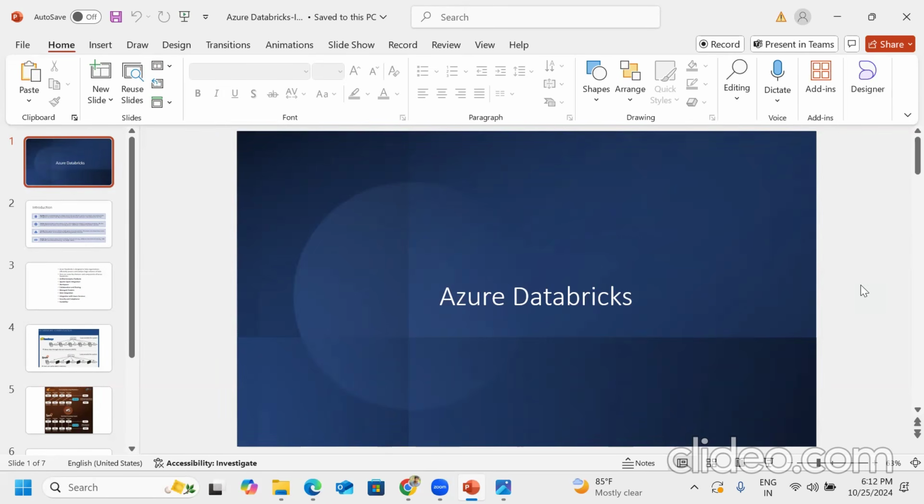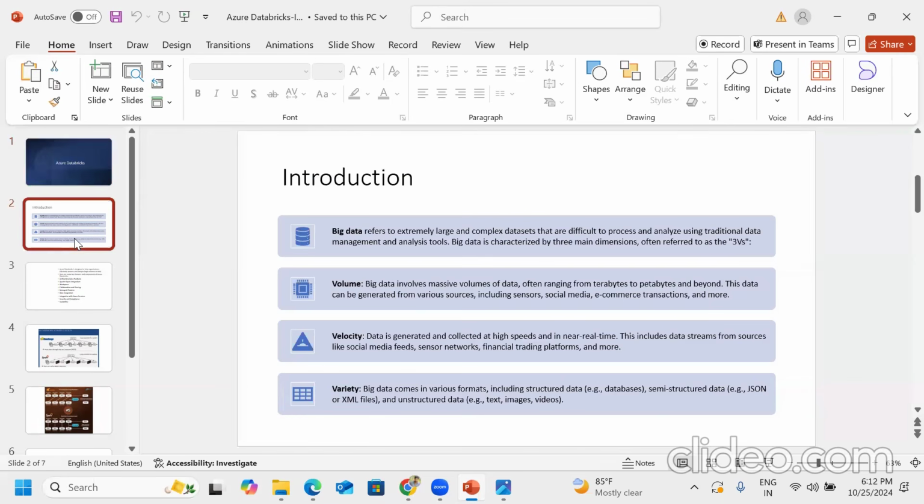Real-time streaming data also supports the data. But we don't have any options to take care of this real-time streaming data in Hadoop. That is the reason people are preferring Databricks. Okay, right. So if your project is related to